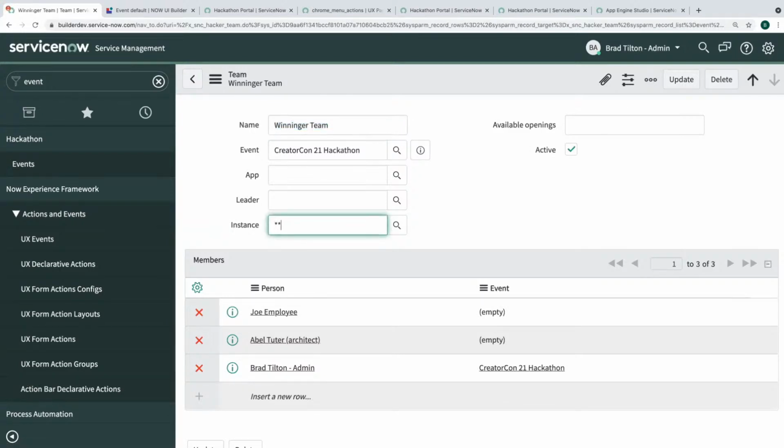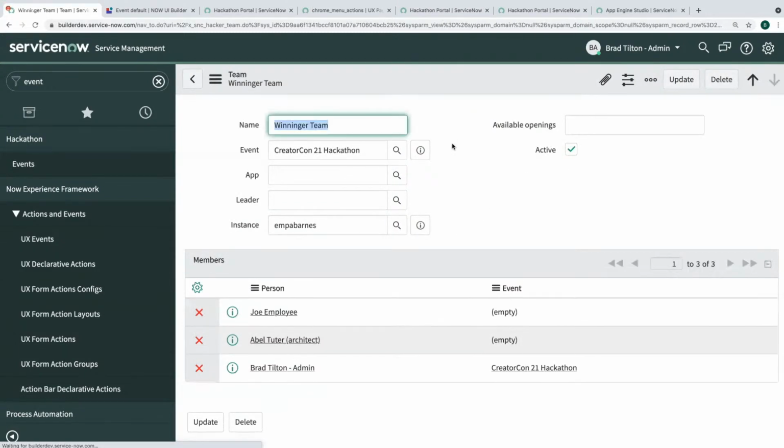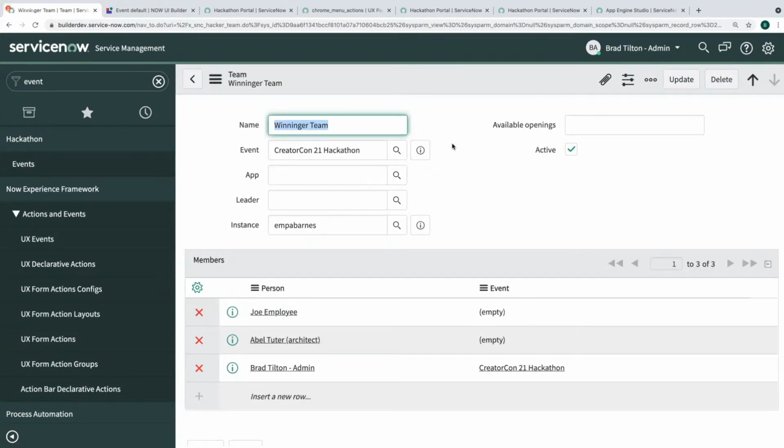I think I put this in the wrong spot, and we'll see. Oh, I don't love that, but that's where it is now. All right. So in the hackathon, teams have an instance that we give them, and that's a thing that we want to see on this form, as well as who our team members are. Absolutely. I'd love to be able to see that all in one spot.